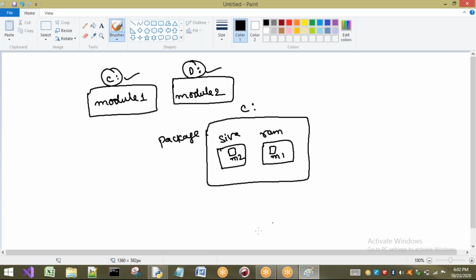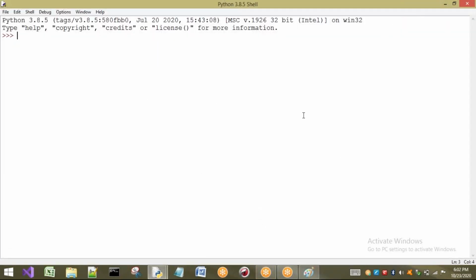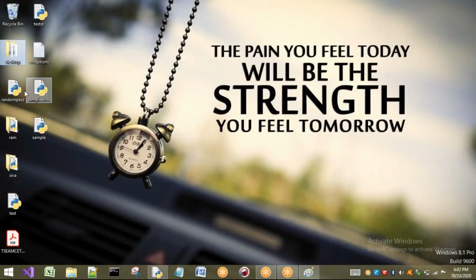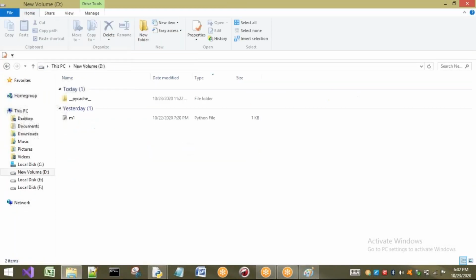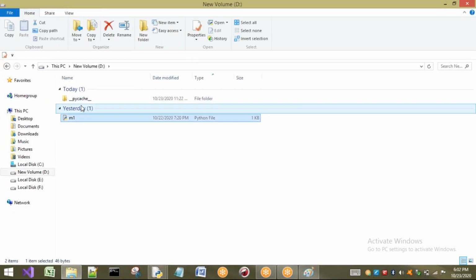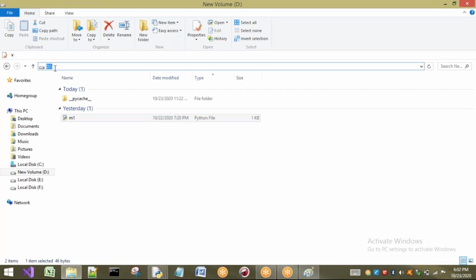First I want to show you what is present on the desktop and also in the D drive. Observe the case. Here on the desktop I will take one sample and open it, and I want to access one module which is present in the D drive. Observe, in the D drive we have M1, only M1. I want to access this module. Its address is D colon, directly inside the D drive, where module 1 is present.